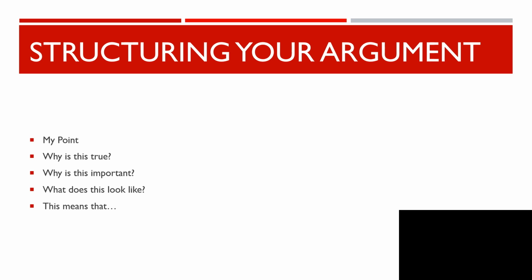The final thing to do in your argument is link it back. This means linking back from your argument to the topic. So, for example, why the point that you've said means that the Senate should or should not be selected by random lottery. I think you should keep a clear note of the three questions currently on this slide, because constantly asking yourselves these questions when writing an argument is always going to make it more persuasive to the adjudicator. It's going to either make it more true, or make it matter more to the adjudicator, or make it look more realistic in the real world to the adjudicator. And all of these things are very persuasive tools to keep on hand.